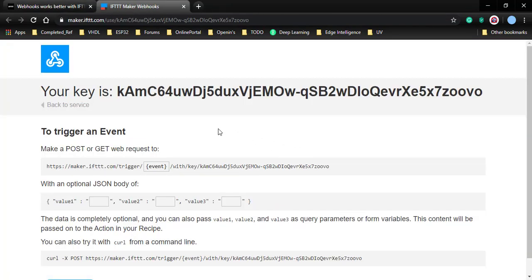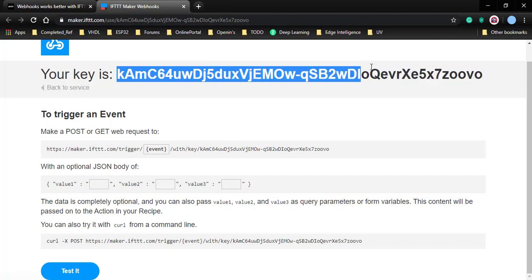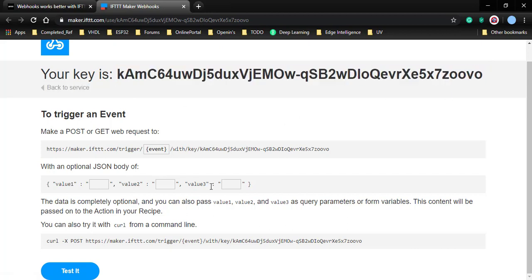See here, to trigger an event, you need to use this URL, and this is your key. Here we are using only value 1 and value 2. You can use value 3 also. So this is the URL we will be using directly in the code.